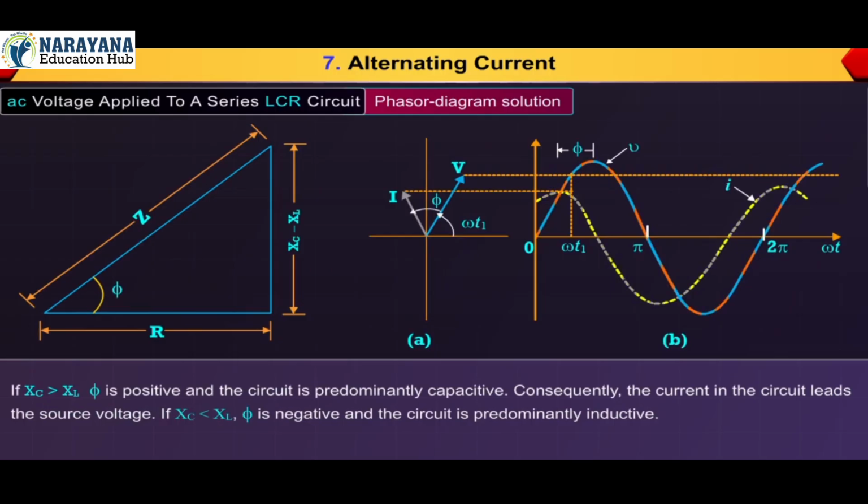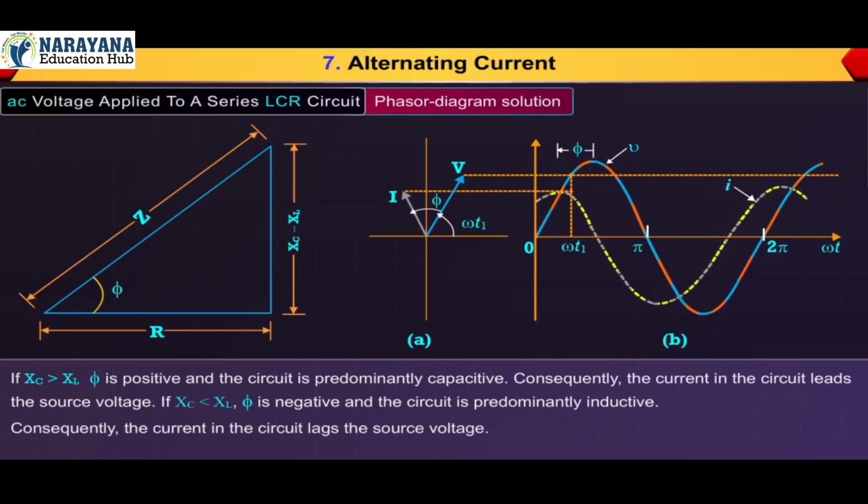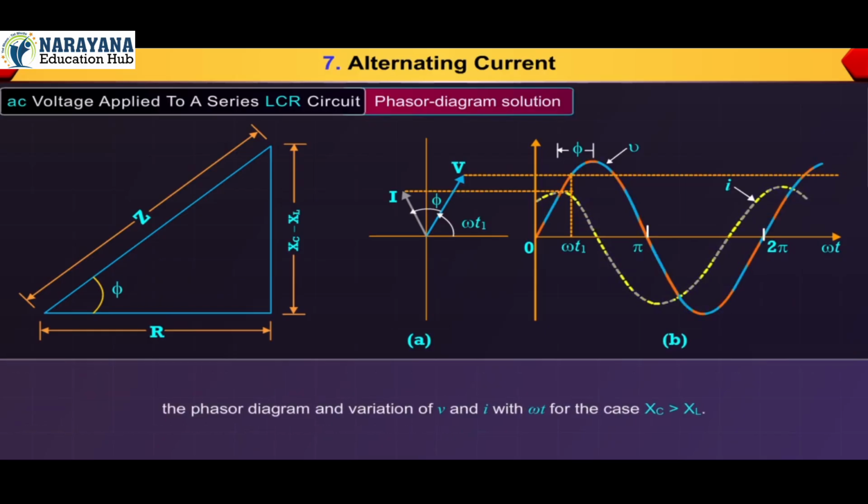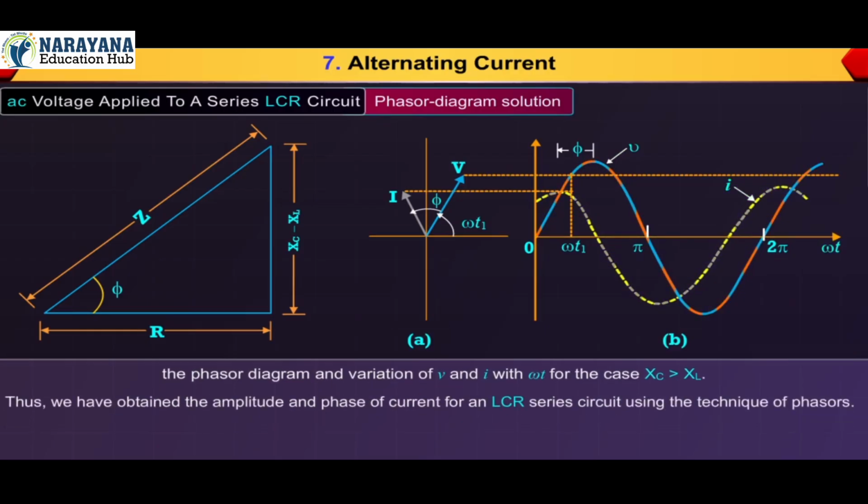If Xc is greater than XL, phi is positive and the circuit is predominantly capacitive. Consequently, the current in the circuit leads the source voltage. If Xc is less than XL, phi is negative and the circuit is predominantly inductive. Consequently, the current in the circuit lags the source voltage. The figure shows the phasor diagram and variation of V and I with omega t for the case Xc is greater than XL. Thus, we have obtained the amplitude and phase of current for an LCR series circuit using the technique